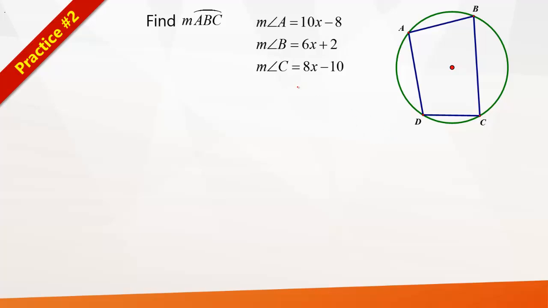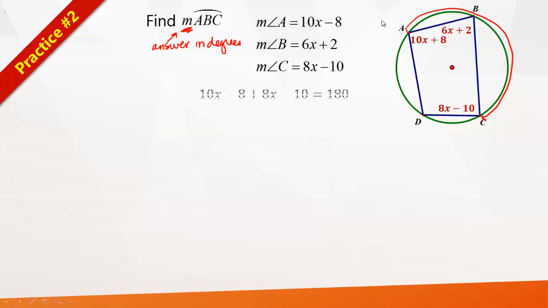All right, last practice problem. We need to find the measure of arc ABC. They give you three letters, so we're talking about from here all the way around to here, and they're saying measure, so that means our answer is in degrees. If they were talking about length, that would be different. And we're given the measures of angle A, angle B, and angle C. Now, we've got a quadrilateral inscribed in a circle, and because opposite angles are supplementary,